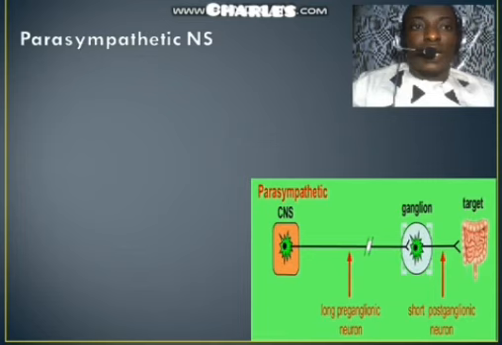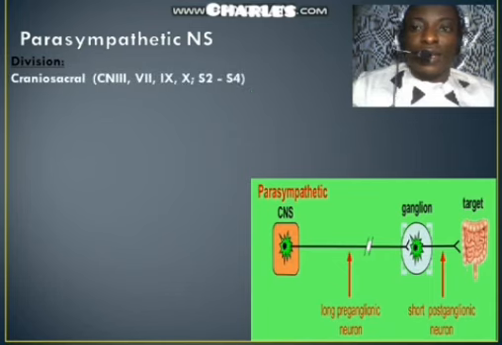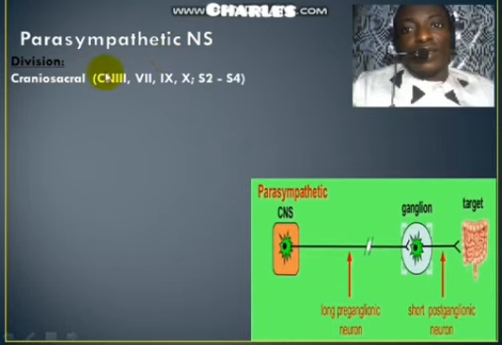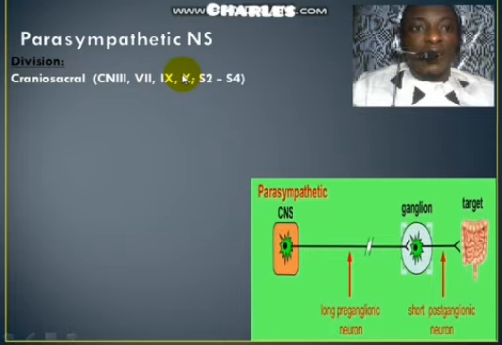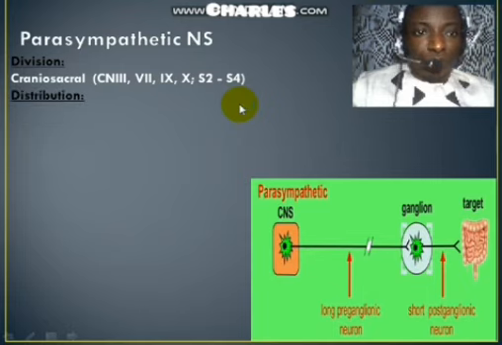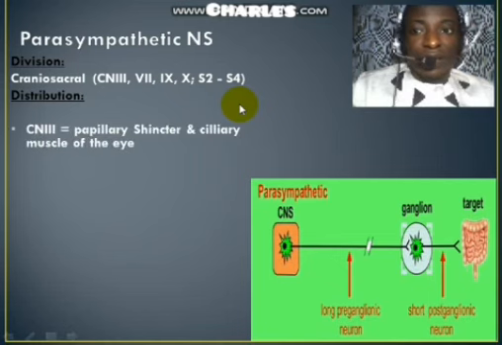We shall now look at the parasympathetic division of the autonomic nervous system. The division is actually the craniosacral outflow. The cranial parts represent the cranial nerves 3, 7, 9, and 10. While the sacral portion of the parasympathetic division are actually the sacral vertebrae 2 to 4. Now, the distributions or the areas where this division of the ANS supplies include: